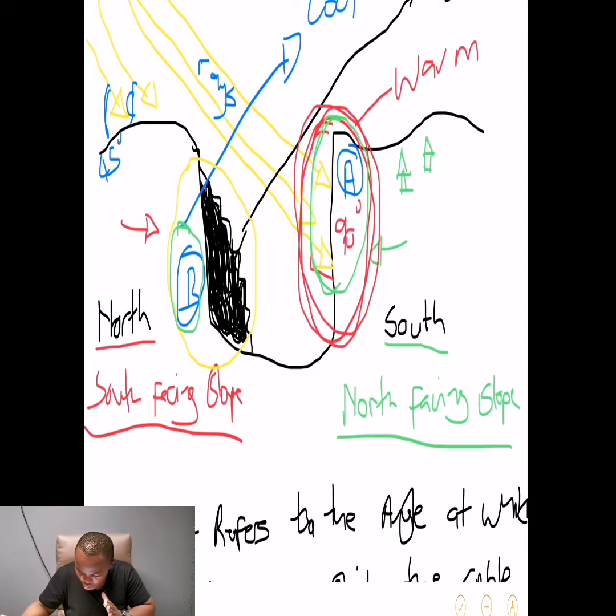On the north-facing slope, the property values are high. Why is that the case? Because many people want to live in that area. As a result, the land value increases. And then what is happening? On the south-facing slope, obviously, the land value is going to decrease because only few people want to live in that area because it is cold.